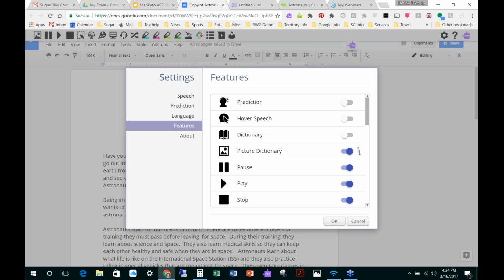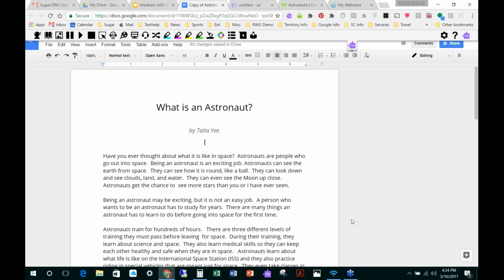So you're not deleting the tool, you're not getting rid of it, you're just hiding it for the time being. I can also click on the tool and move them up or down. So if I want to see a certain tool as the first one on my toolbar, I can move it where it is best for me. Okay? There are a couple of other settings, but those are the ones I think are the most